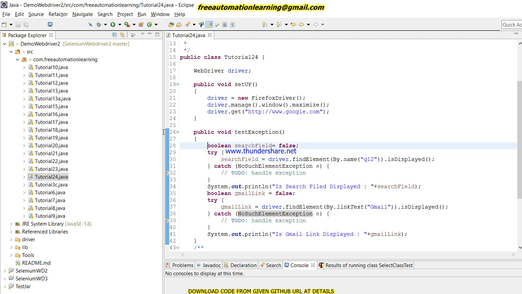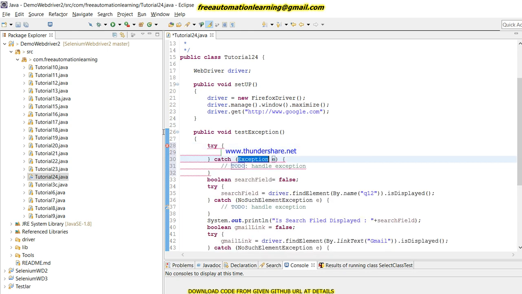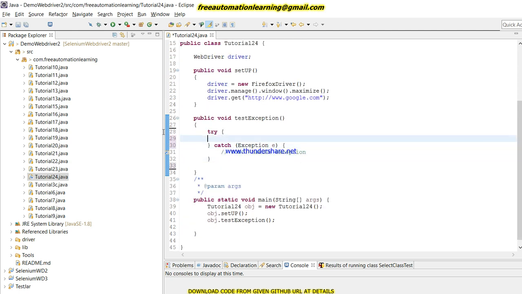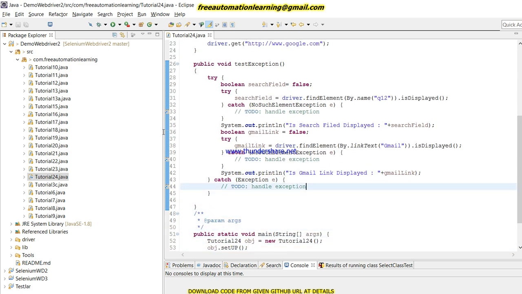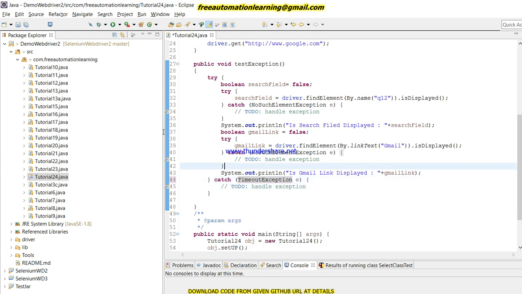I also give one try and catch where I declare a timeout exception. If somehow my script does not load properly in a given time, then a timeout exception occurs. So how can we handle that exception? This way we can write our exception. So this is a timeout exception, right? So here we just have to give